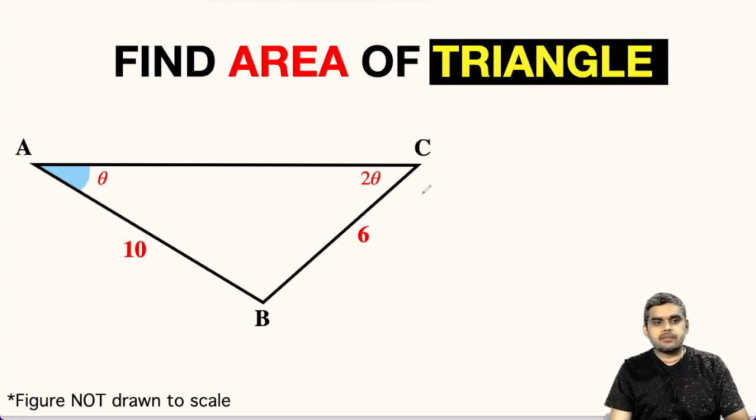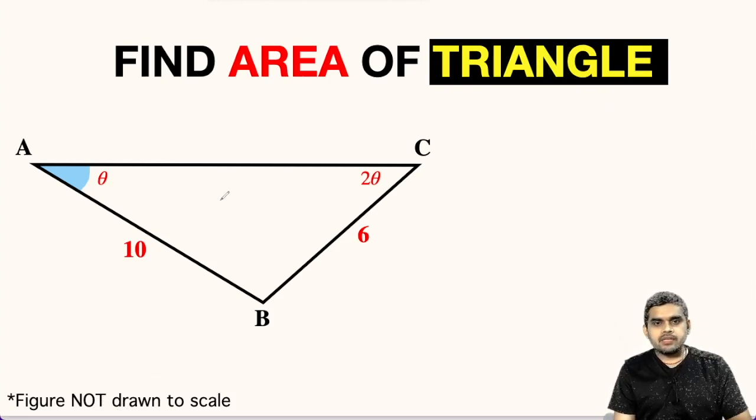Once again, I am back with an interesting question today. So, in this figure, a triangle ABC is shown where angle A is theta, angle C is twice theta. Also, measure of side AB is 10 units and BC is 6 units. Here, it is given that the figure is not drawn to scale, and we are asked to find the area